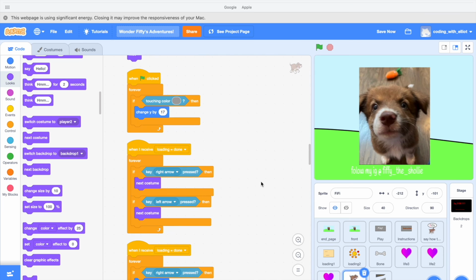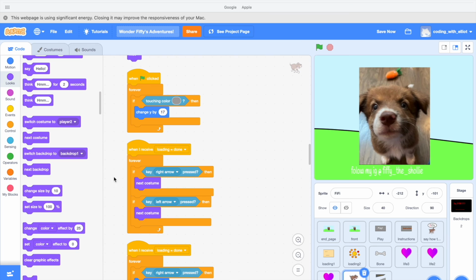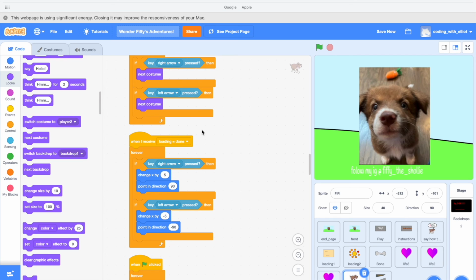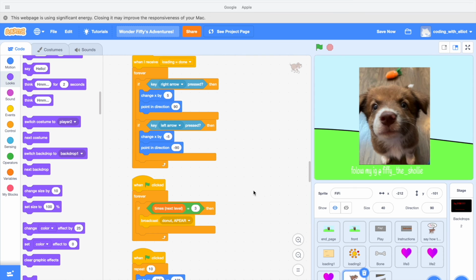Left arrow, next costume. This is why I forced you to draw 2 costumes in the first part. Now when loading equals done, forever, if the right arrow is pressed, change X by 5, which means going right, point in direction 90, which means it's facing right. Left arrow pressed, then change X by -5, point in direction -90. When start, forever, when the times next level variable equals 3,